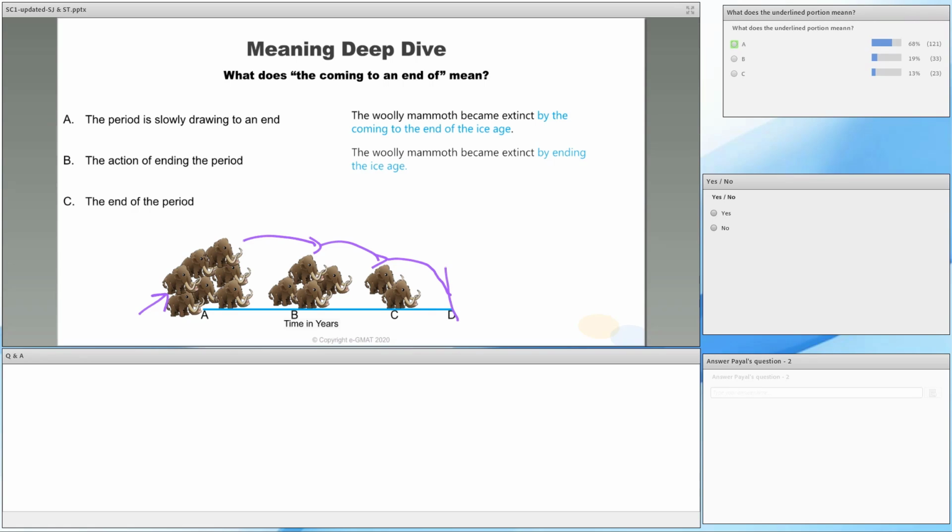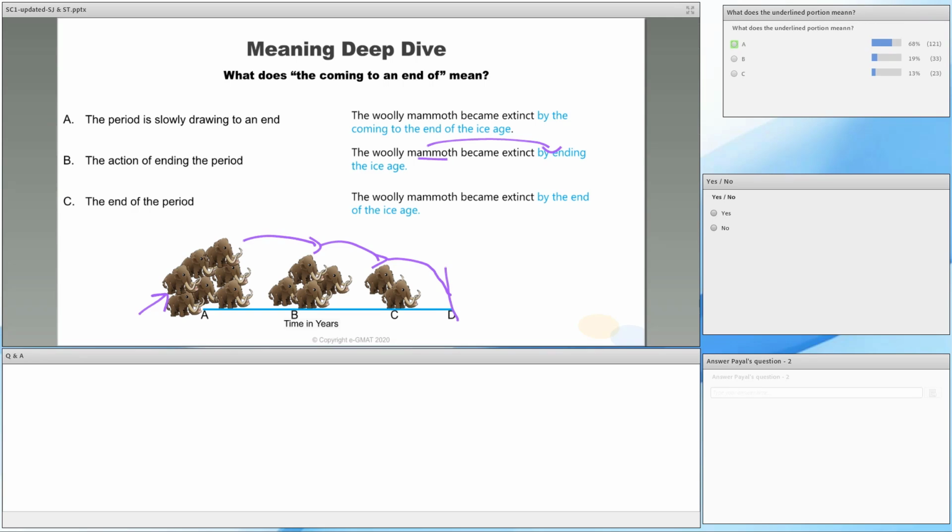Now, that would indicate some type of action that, like, somebody acted. In fact, the way this reads, the woolly mammoth did something to end the Ice Age, right? Which doesn't make any sense. It wouldn't make sense for the action of ending and then boom, no more woolly mammoths. So choice B gives us that feeling of action, that somebody or something did something to and ended the period. Now choice C,